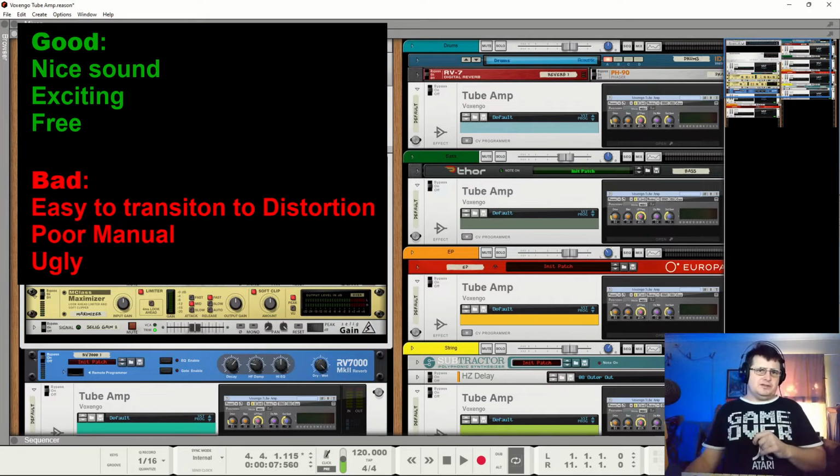You don't want to do this, and it's very easy to do on this. The blunting effect is very noticeable in mode 1, and it's different from the saturation knob, the soft tube device. The soft tube device doesn't give so much of a feeling of blunting as this is prone to. That's because this is designed to be a full tube that you can push guitars and what have you into, so go carefully. Sadly, the manual is poor, and that's not just the manual for the device itself, but for the overview of all the devices.